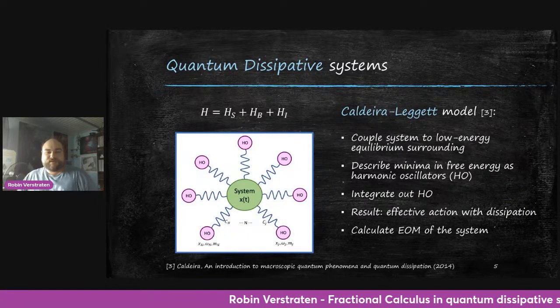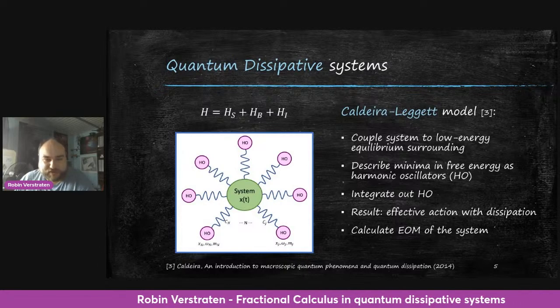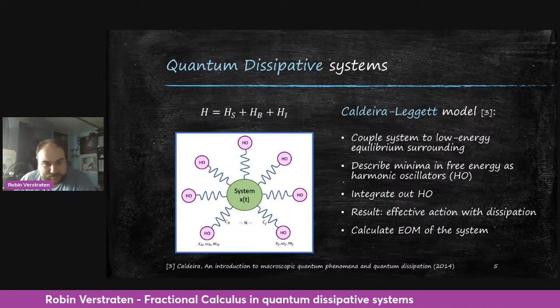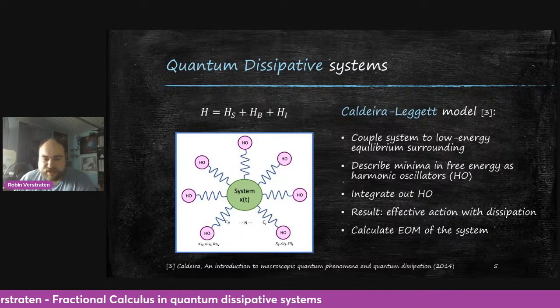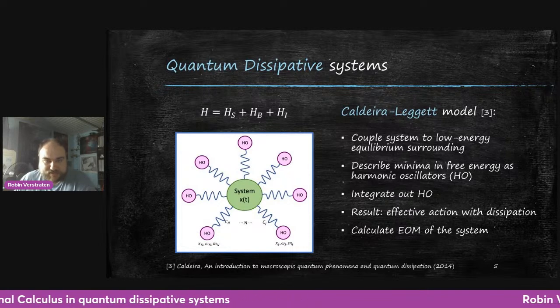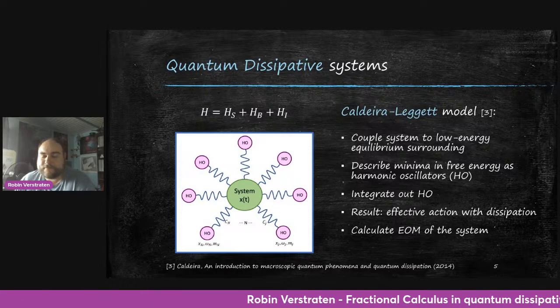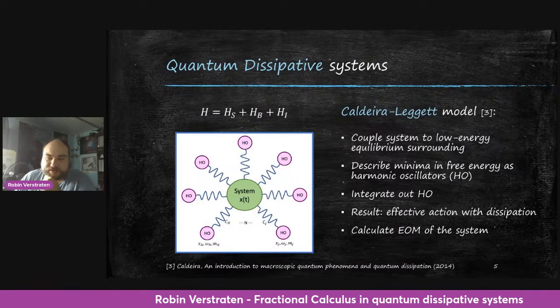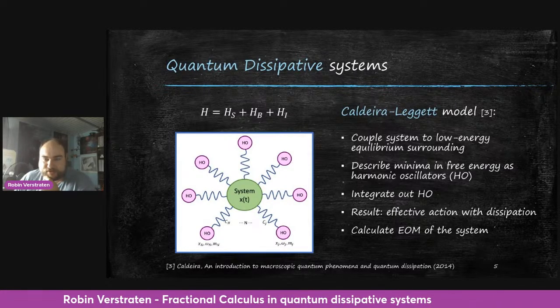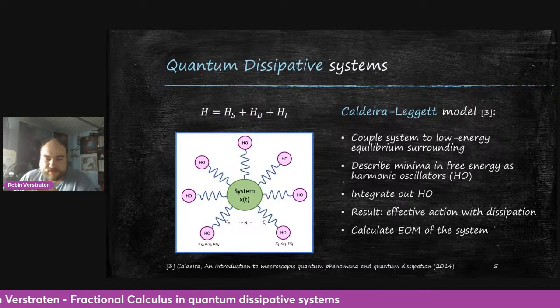So this is the Caldeira-Leggett model pictorially. You have your system of interest in the middle, and then this is surrounded by this big set of harmonic oscillators, which we couple to the system of interest. And what is nice about this system is that doing it in such a way, we have harmonic oscillators which